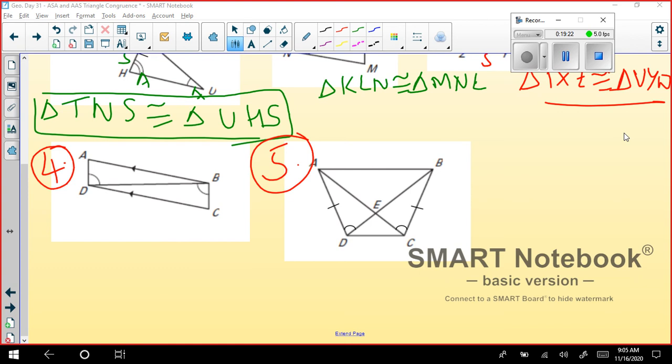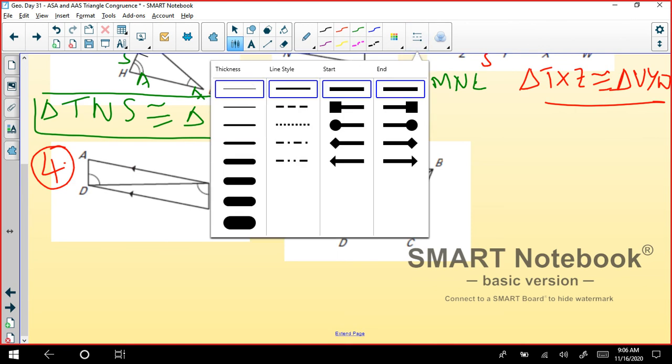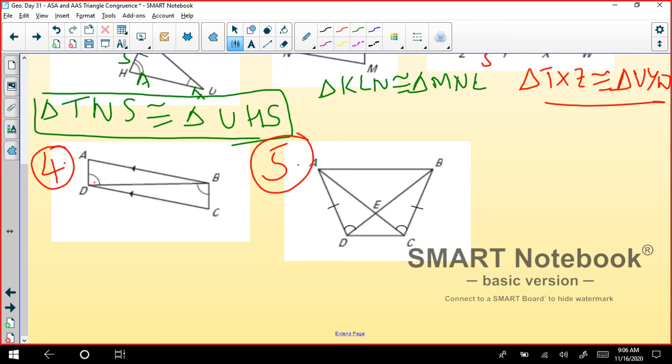So for the fourth one, your friend suggested it was ASA. That's going to be right, because we have an angle here, and this was your parallel side because we have an arrow mark. So alternate interior angles will be congruent, and we have this particular side which is common to both, so that will be congruent by the reflexive property. And if you observe one of the triangles, it will form a pattern of angle, side and angle. So ASA, triangle congruency postulate, is right.